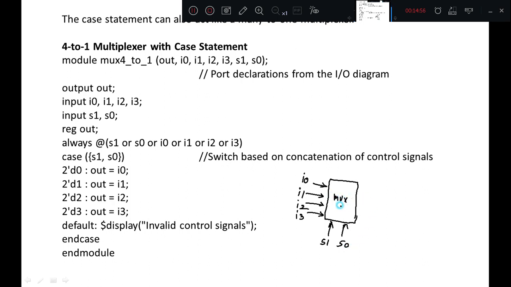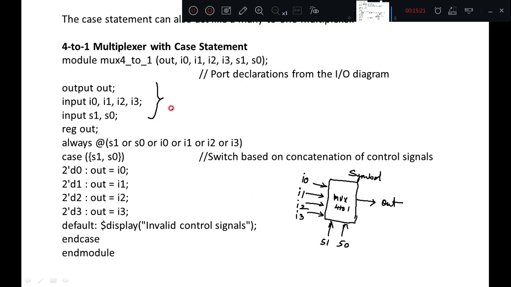We are implementing mux 4 to 1, and the output is say out. This is a general block diagram or symbol for a multiplexer that we can write by observing the coding also. So this is the output and these 6 are inputs. So that declaration part is written here.